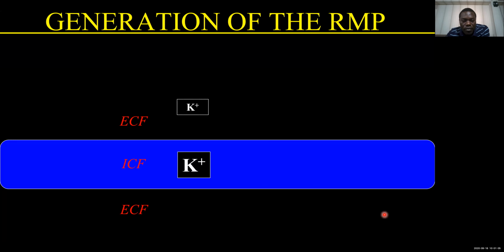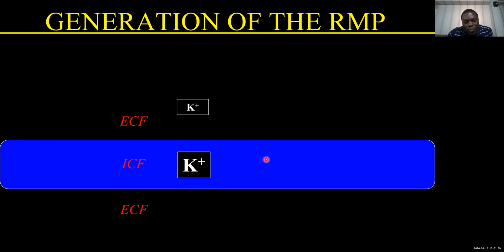Now, we have said that generally potassium is more inside the cell than out of the cell. This blue region represents inside the cell. Then this is extracellular, this is extracellular. We have said that potassium will tend to move out of the cell. Being a positively charged ion,